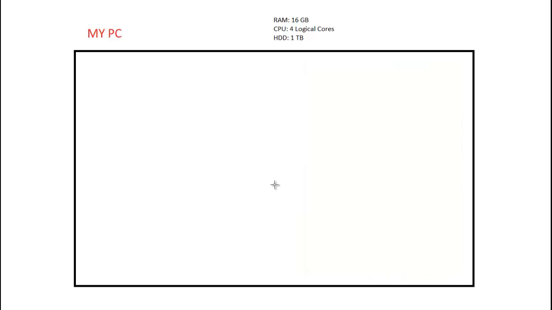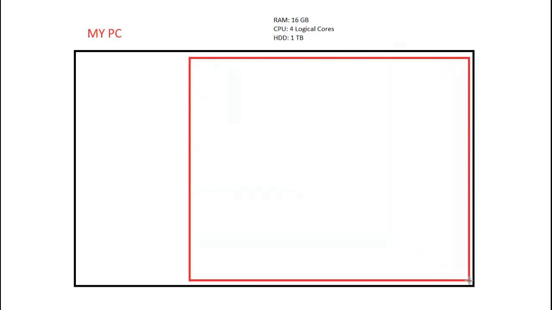So in the same way, if we are using VMware, we can have a separate resource allocated for it. So if I am trying to run ICE, I can say that for ICE please allocate 8 gigs of RAM and 2 cores of CPU, so that we can run it in an isolated environment, or the ICE will assume that it is running on a isolated environment. It will not come to know that it is running on any laptop or PC.